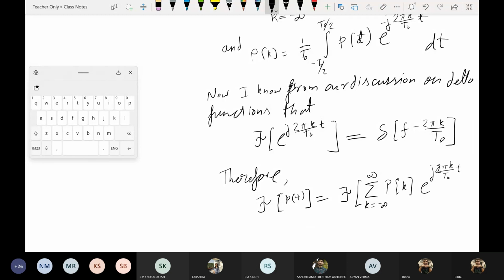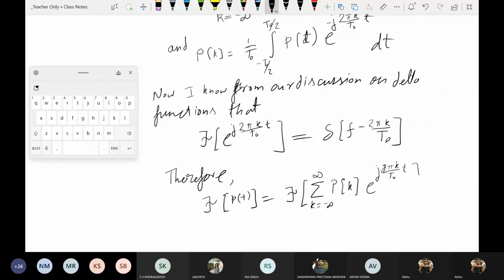Now, the Fourier transform has this linearity property, right? And summation is a linear operation. Also, these p_k's are constants for a given k. Therefore,